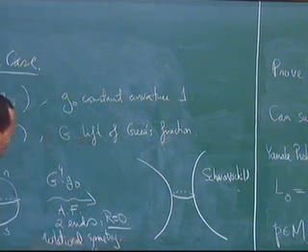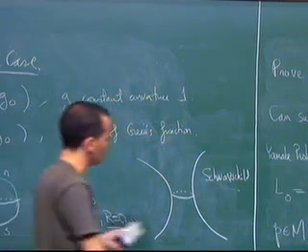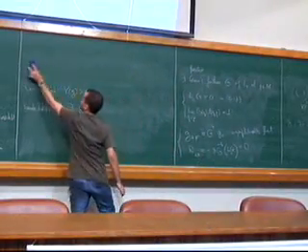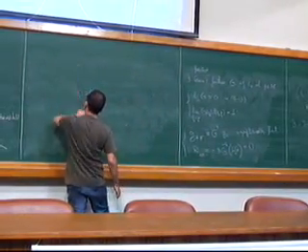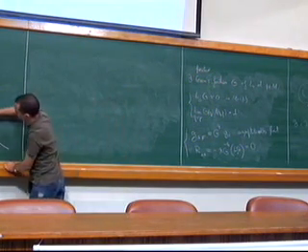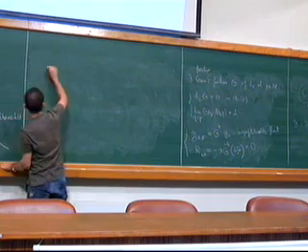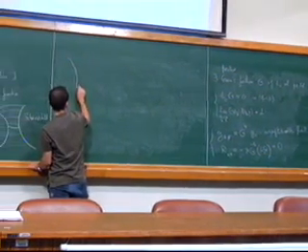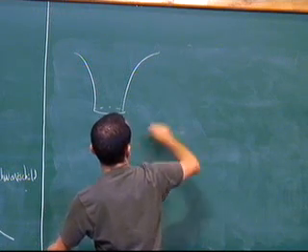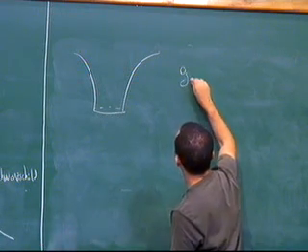Okay, so what's the conclusion? Well, the conclusion is that suppose that I take half Schwarzschild, right? Let me draw it here. Let's say that I choose the Schwarzschild to be